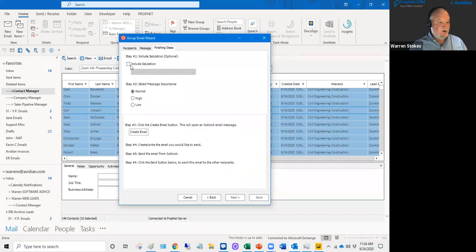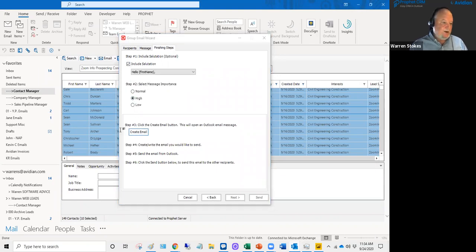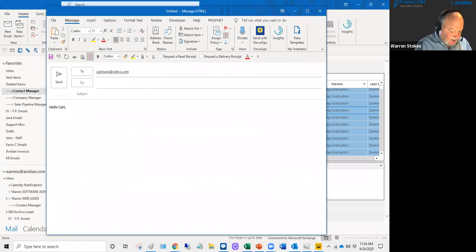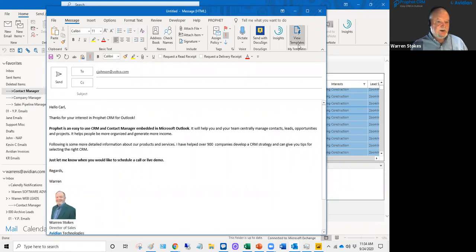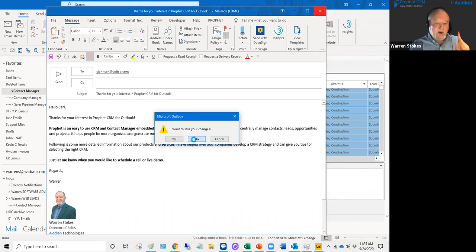This is something you can do with your data, right? I can say, I want to send a personalized, important email out to everyone on this list, and I'm just going to put in my content. Did you know that Microsoft 365 now has all sorts of template capability, even more than it used to? There's templates and quick parts. When I click send, everyone on this list is going to receive a personalized email from me to them right through Outlook. It's not really a mass email. It's sent one-on-one, nor is it a blind copy. It's literally as though I just wrote this individual Outlook email to everyone on that list,